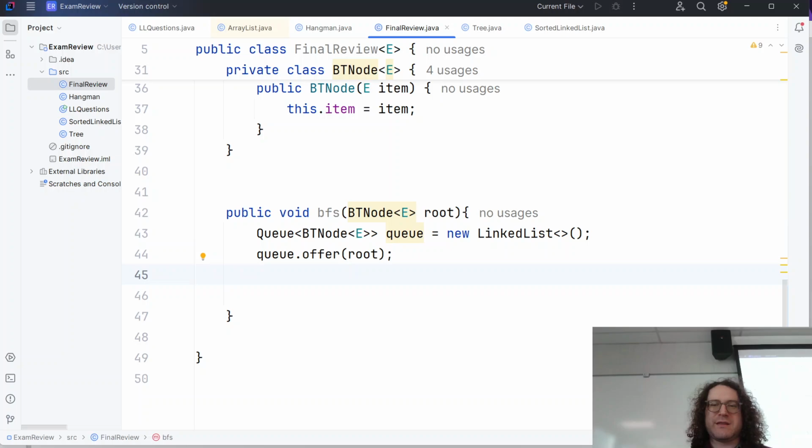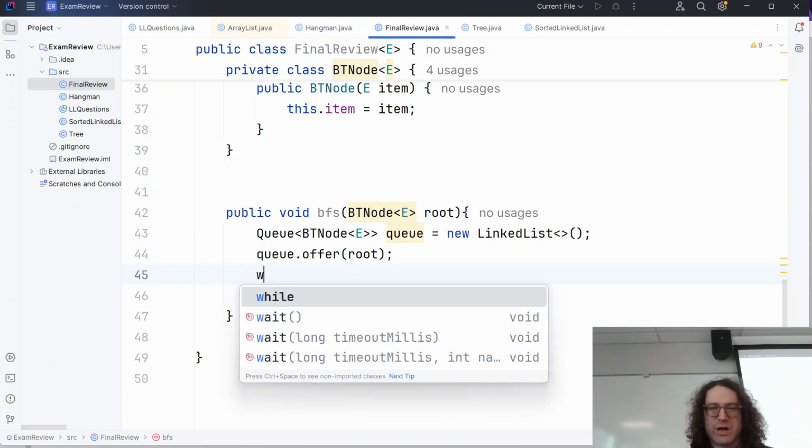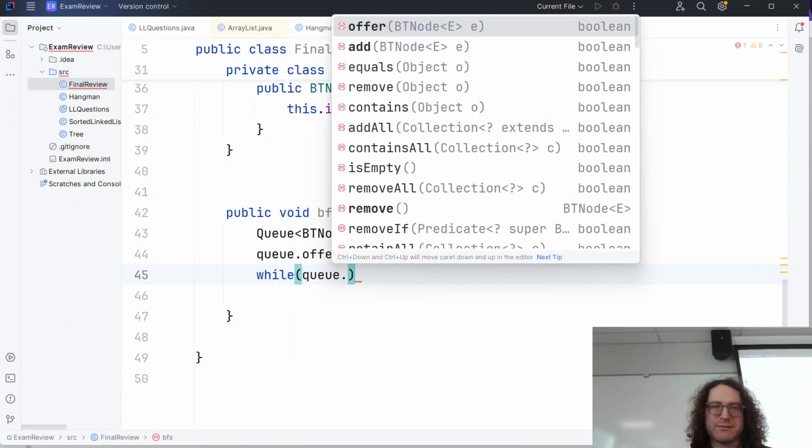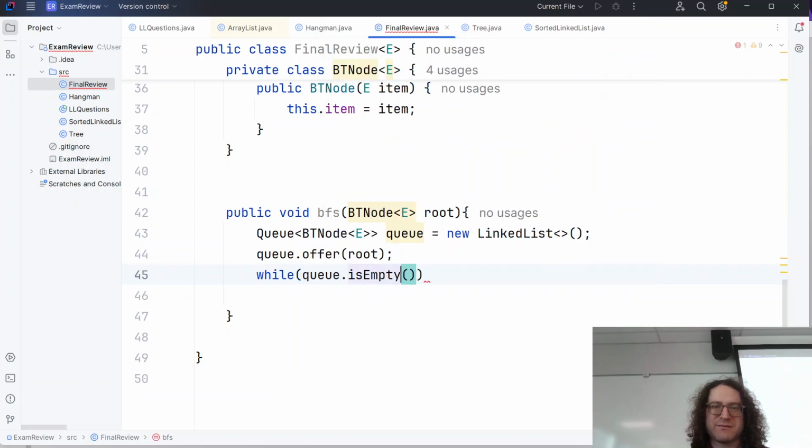Now on the exam, right, you might forget the term because Java uses offer and poll as opposed to more reasonable terms like NQ and DQ. If you put NQ and DQ on the test, I won't care. It's not what I'm testing. I'm testing the algorithmic stuff. Okay, so, and then we just do this while q dot is empty. While that's false, so while not is empty, while we still have something in the queue, what we're going to do is we are going to say